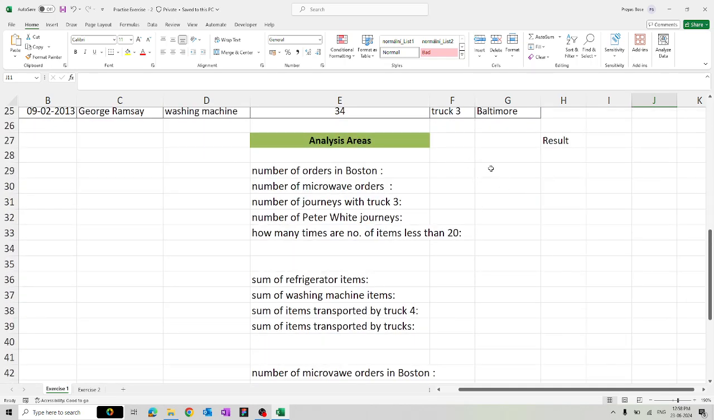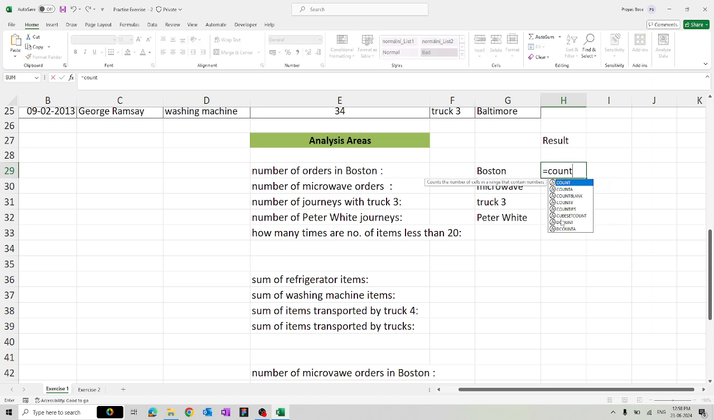So what we will do is quickly create these lookup values. Boston is one value. Similarly, microwave, truck 3, Peter White. Why I am doing this, you will be able to understand. The last one is not required, we have to do it directly. So we are going to use a function called COUNTIF,